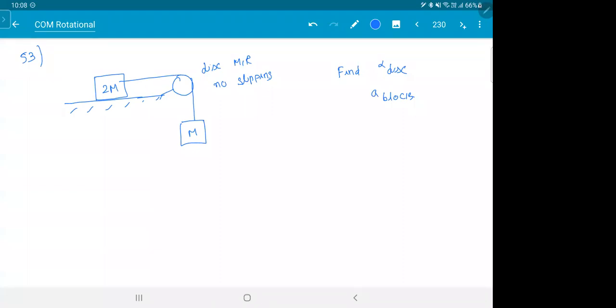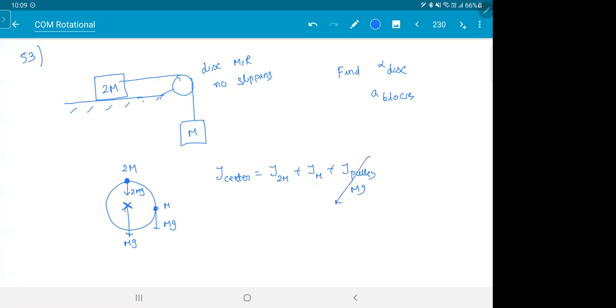See, the concept is the same. Now listen carefully here. There is one catch. You attach the mass here, M. This is the center. How are the forces passing? 2mg, mg, and the pulley's own weight, mg. When you take torque about the center, the torque due to 2m is 0, isn't it? You get torque due to 2m, torque due to m, and torque due to the pulley's weight. This is 0, this is 0, because both are passing through the axis. So the torque is mgr.